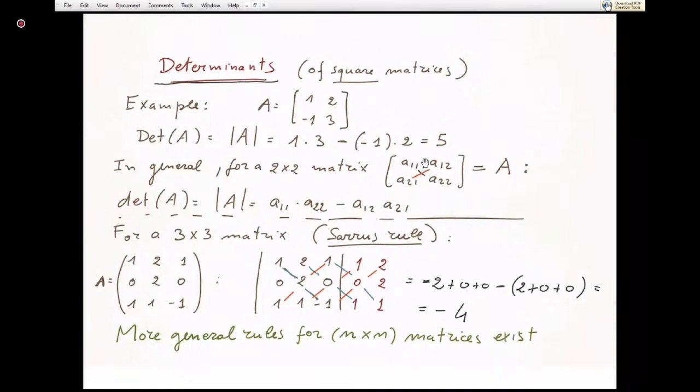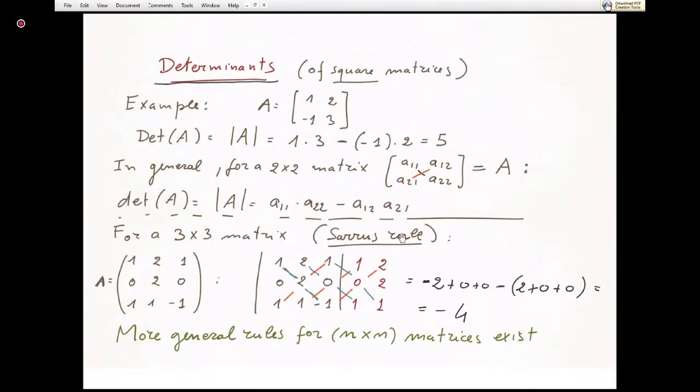with this structure, the determinant can be computed by multiplying the elements in the main diagonal and then subtracting the product of the two elements in the other diagonal, okay? So for instance, for this matrix, the determinant is 1 times 3 minus 1 times 2. The result is 5. The general formula is this one. For a 3 by 3 matrix,